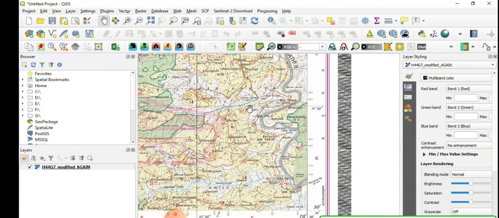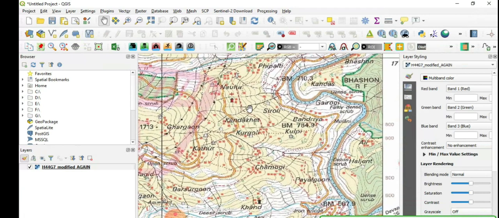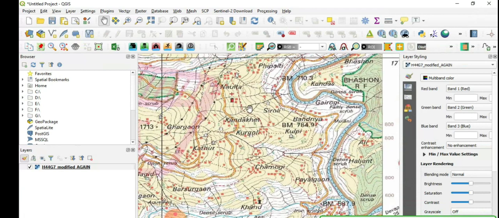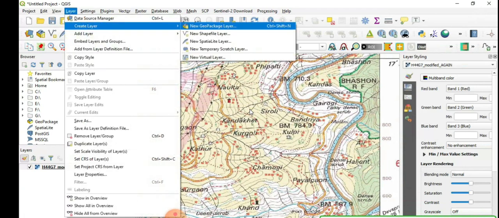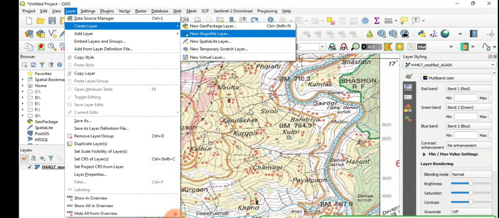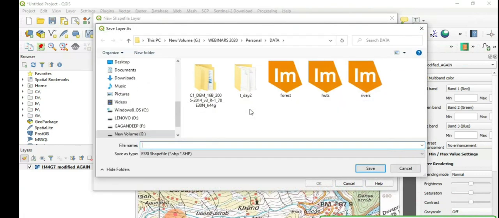Okay. So what are shapefiles? When you create vector data in a GIS, it is created in the form of a shapefile, and the extension is .shp. Okay. So how to create a shapefile? You have to go to layer and click on create layer. Select this option, new shapefile. Okay. So first I will digitize rivers. So just name your file. I'm sorry, don't name it over here. You have to go to the location where you want to save. So these three shapefiles I created in the morning. Now I will create a new shapefile for rivers.